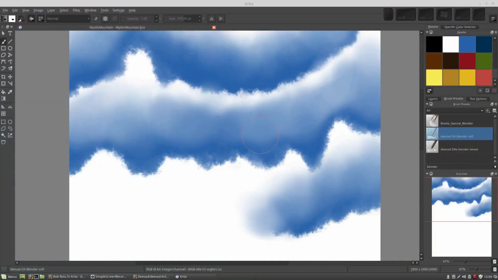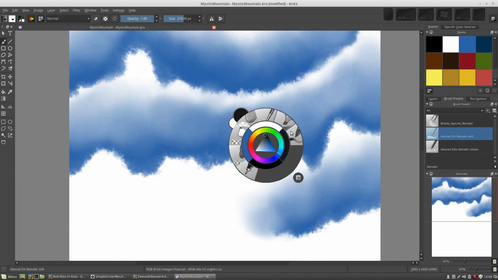Wouldn't it be convenient if all our brushes just showed up in this pop-up so we didn't have to dig through the presets every time? We can do that. I have the Blender soft brush created, and every time I switch between the brushes it goes back to its default size, and this is our 2-inch blending brush, so I want it to save 2